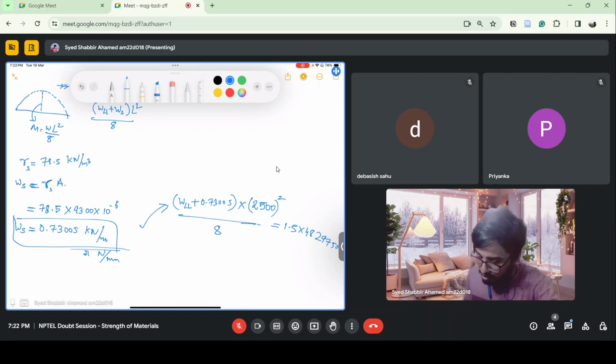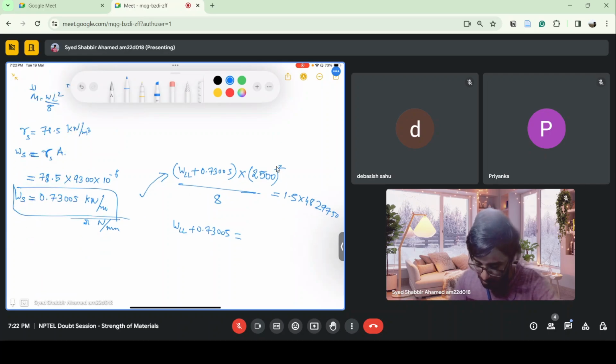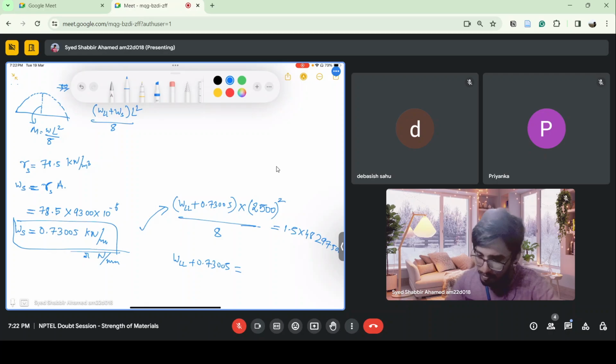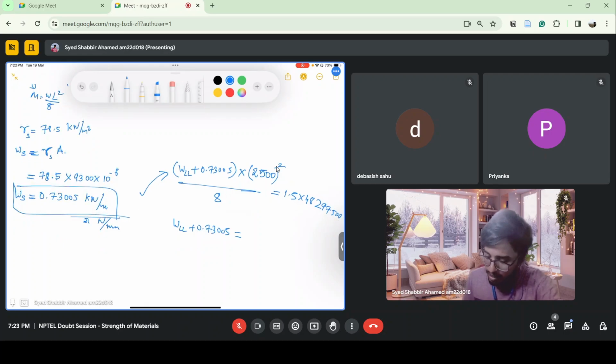So let's see what WLL plus 0.73005 is. If I do this calculation, everything, 4829750 into 1.5 into 8 divided by 2500 square, I get 97.7312, and the live load is equal to